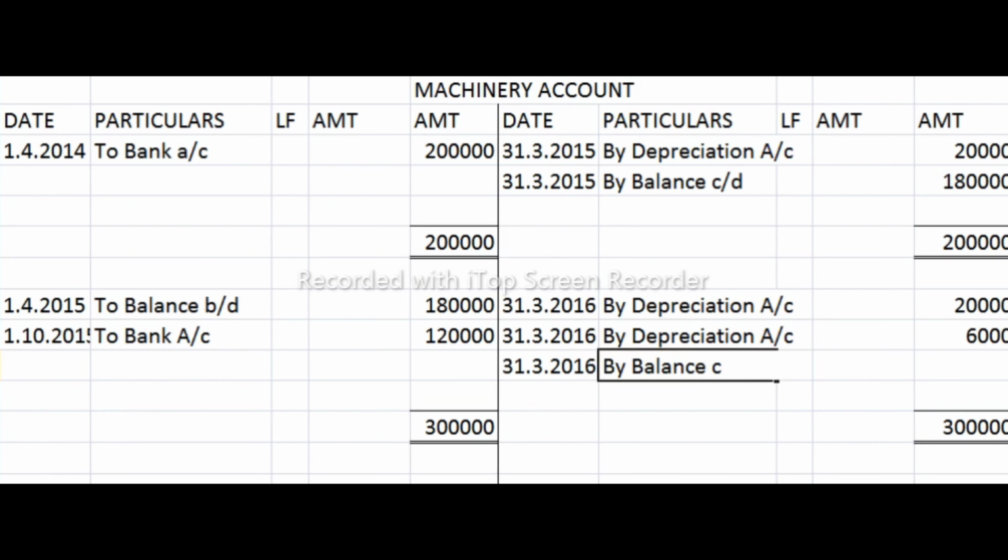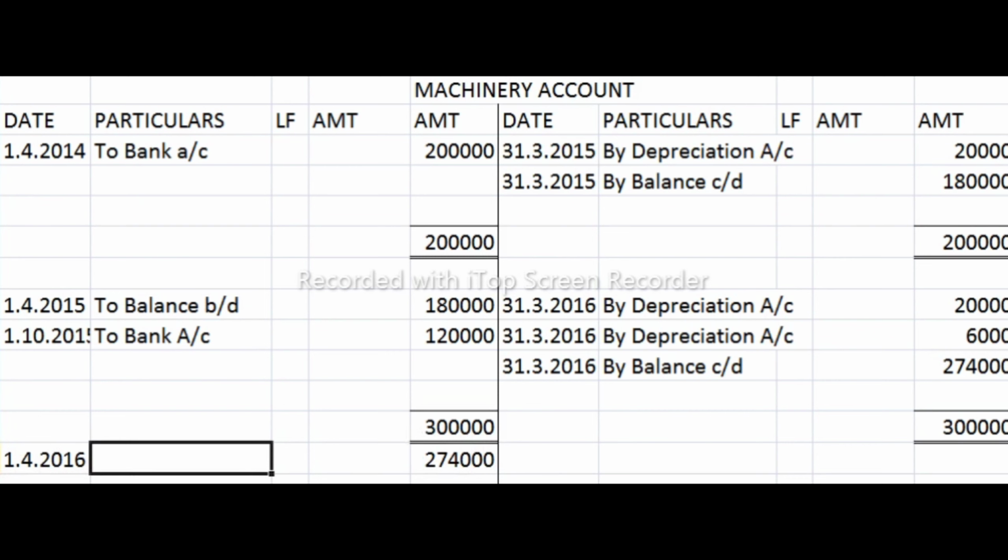Right? So take the greatest total and put it on the grand total, which is 3 lakh. That is the debit side total, 1,80,000 plus 1,20,000, we get 3 lakhs. And subtract it from the credit side total, which is 26,000. You get a balance carried down of rupees 2,74,000. Now take that carried down and take it to the opposite side as brought down, which is 2,74,000 again,